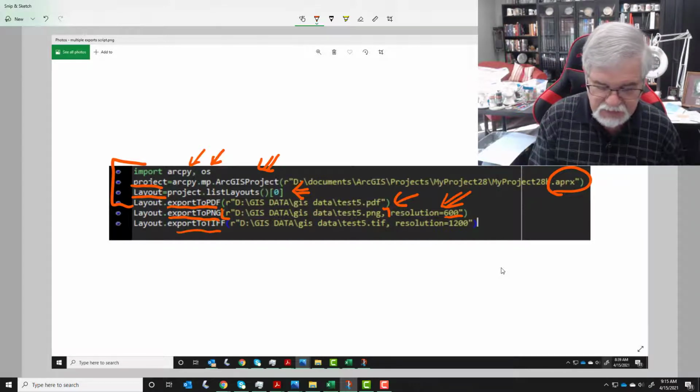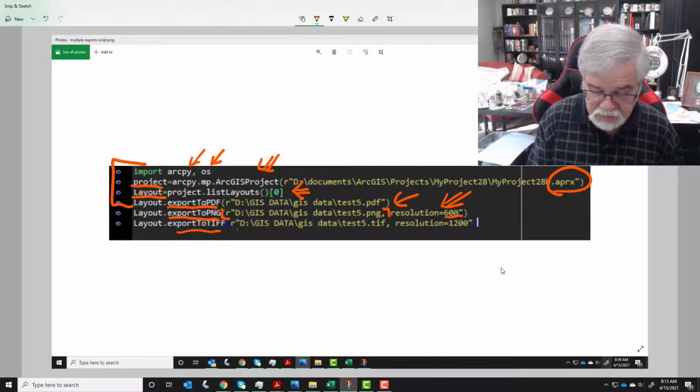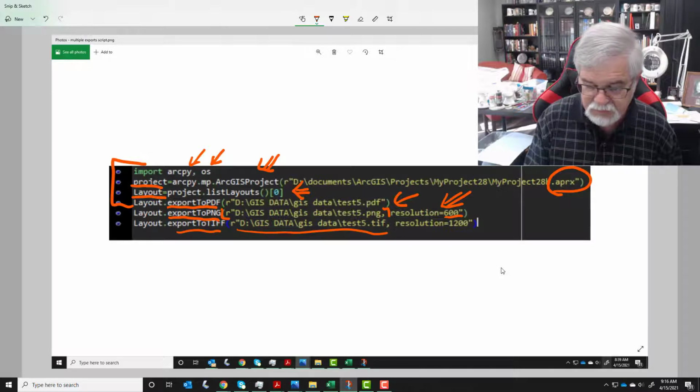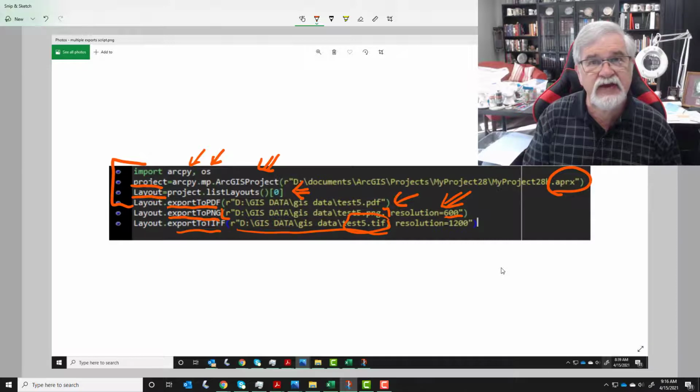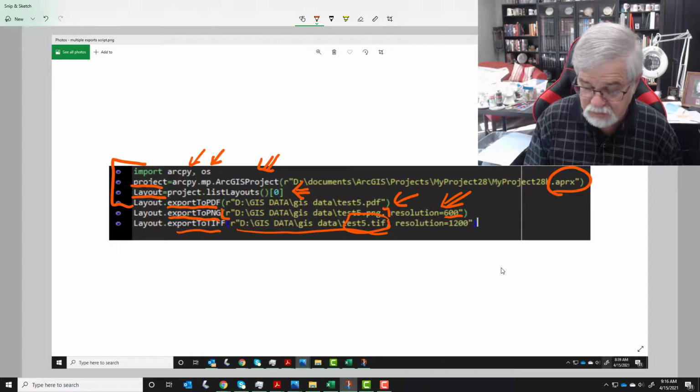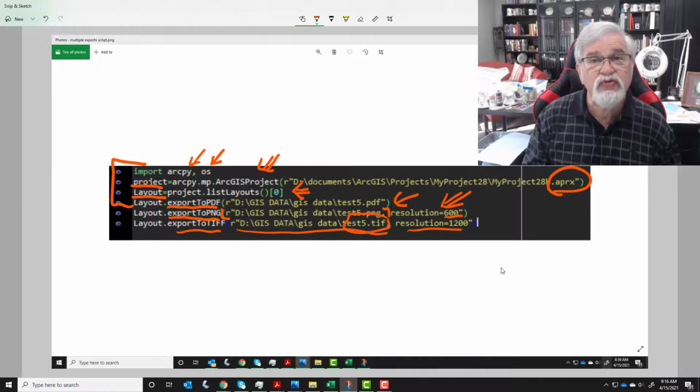The next line is another export command, and it's going to export a TIFF file. It's the same pathway, except the file name is different because it's got a TIF extension instead of having the PNG extension or the PDF extension that we looked at before, and we have a different resolution that we've given to it. So we can export in the same format, so we could export 3 PDFs all with different resolutions to them. We could export a PDF and a PNG and a TIFF like we did here with different resolutions